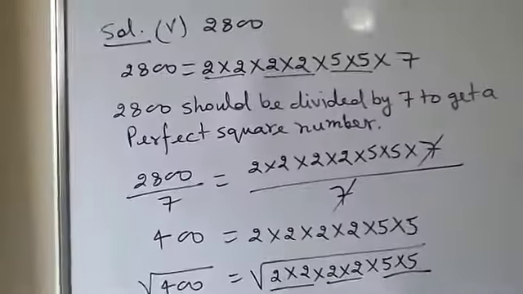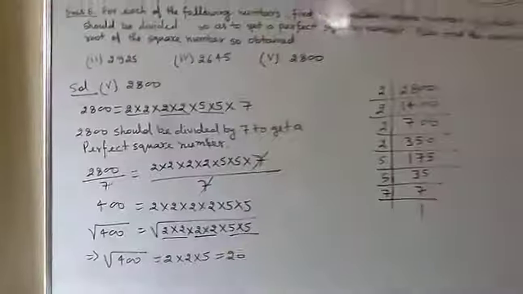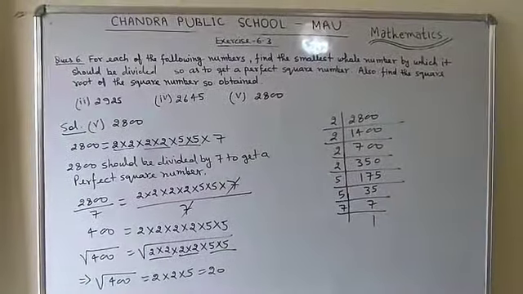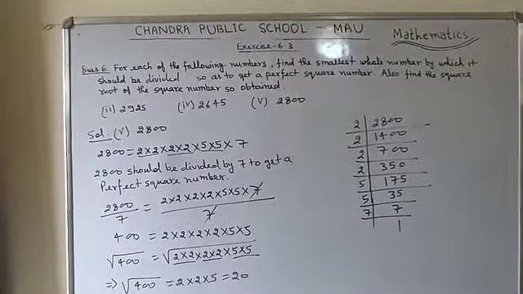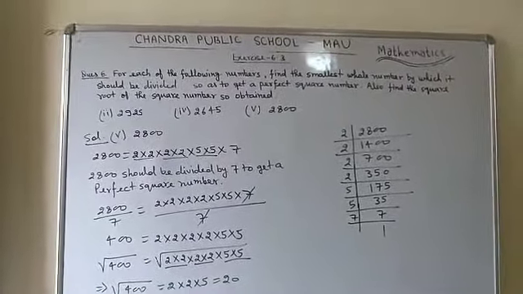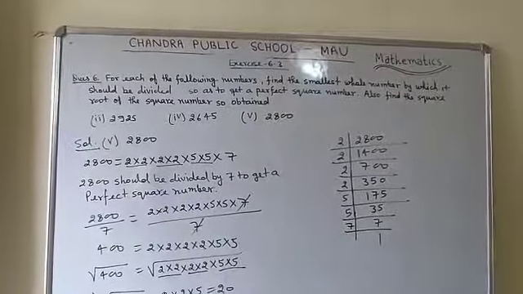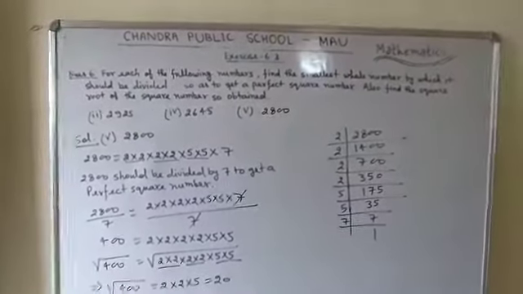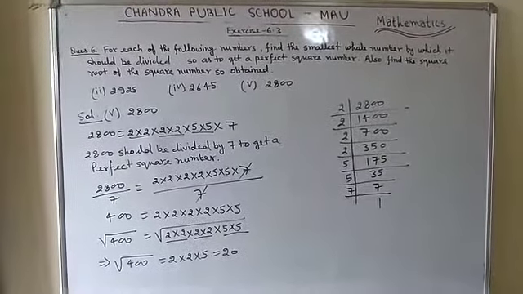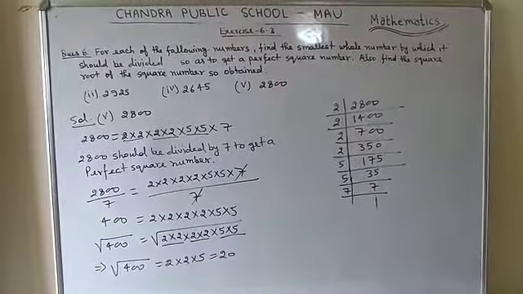So it is the complete solution of question number 6, fifth part. So you will find that in the fifth and sixth there is no difference. In the fifth, whatever number you got for the multiplication, in question number 6 the same number you are going to get for the division. So kindly note down the solution and solve the rest of the questions by yourself.